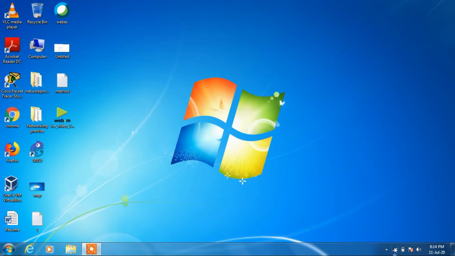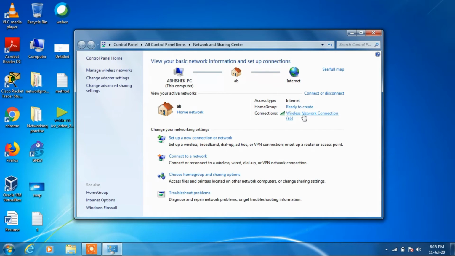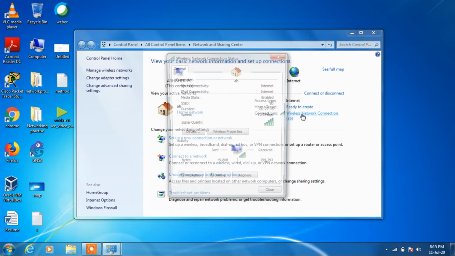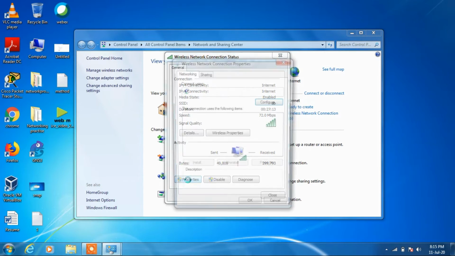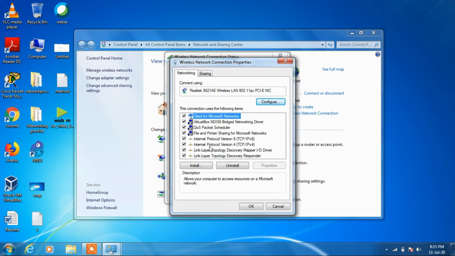Now method number 5 is just go to the network icon, right click over it and click on the option open network and sharing center. Click on this connection, wireless network connection. Now click on the option properties. Now click on internet protocol version 4 and then click on the button properties.